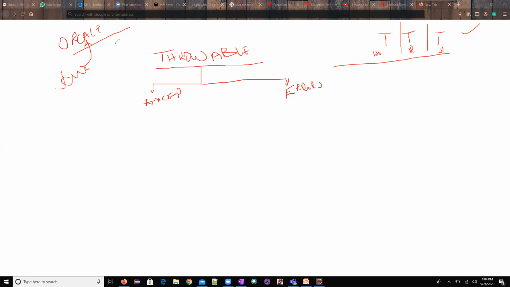Throwable has two sons. One is exception and the other is errors. Now, according to the documentation of Oracle, I told that according to the documentation of Oracle, but why will Oracle give the documentation? That is the question I asked.